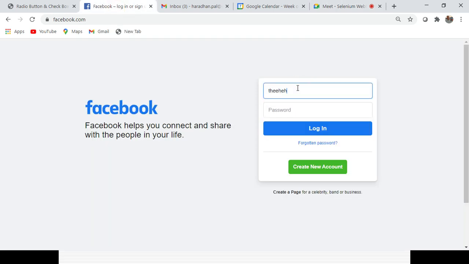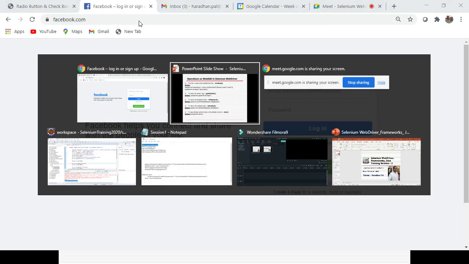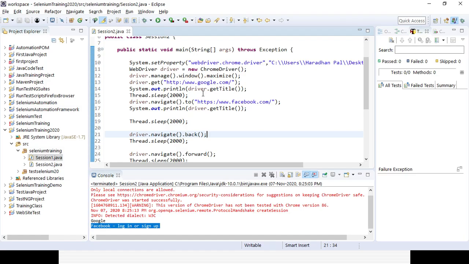I can add something, right? In the password field also I can add something, okay, but you need to inspect the element first. So I will add the URL for the Facebook page. First I want to open it, so I will change the URL for the Facebook page, and I will comment the remaining lines of code here.